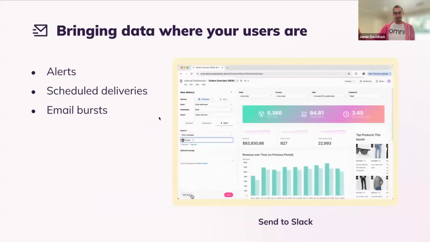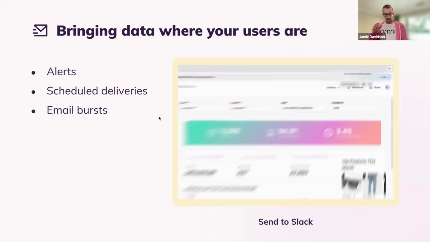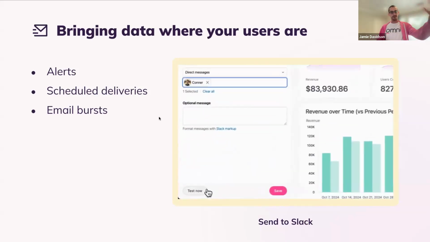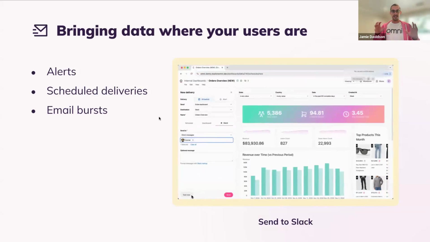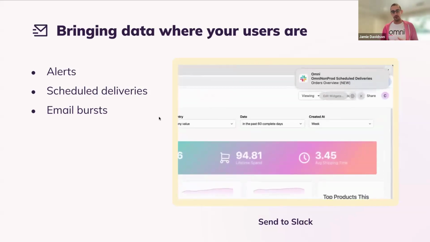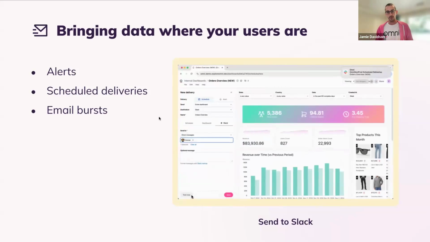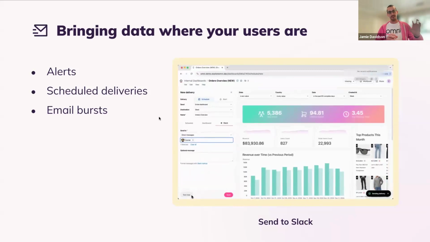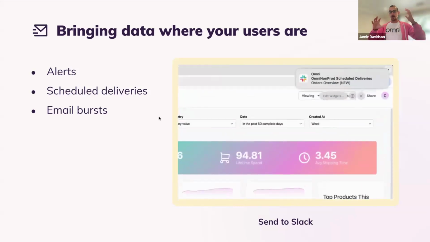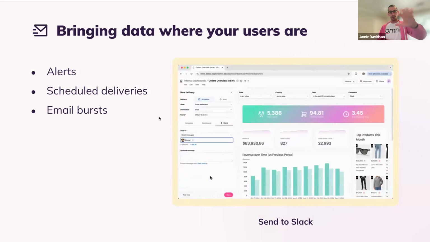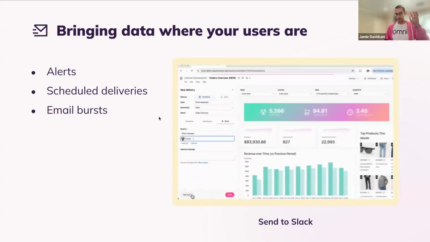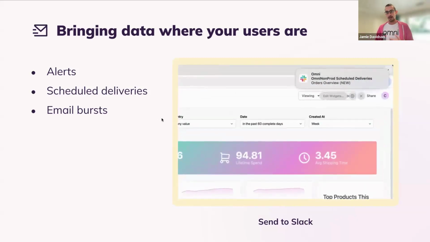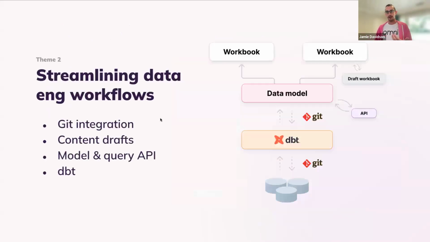It's not just enough to make analysis easy though. You got to bring it to the users where they are, and so that's functions like email delivery or Slack delivery or conditional alerts that trigger only when data changes or when various thresholds change. It's things like email bursting and using parameterized user attributes to be able to say, deliver this customer lookup dashboard for my customers, as the CSM that owns these customers too, and parameterize it to me. It's stuff that we're super excited about.